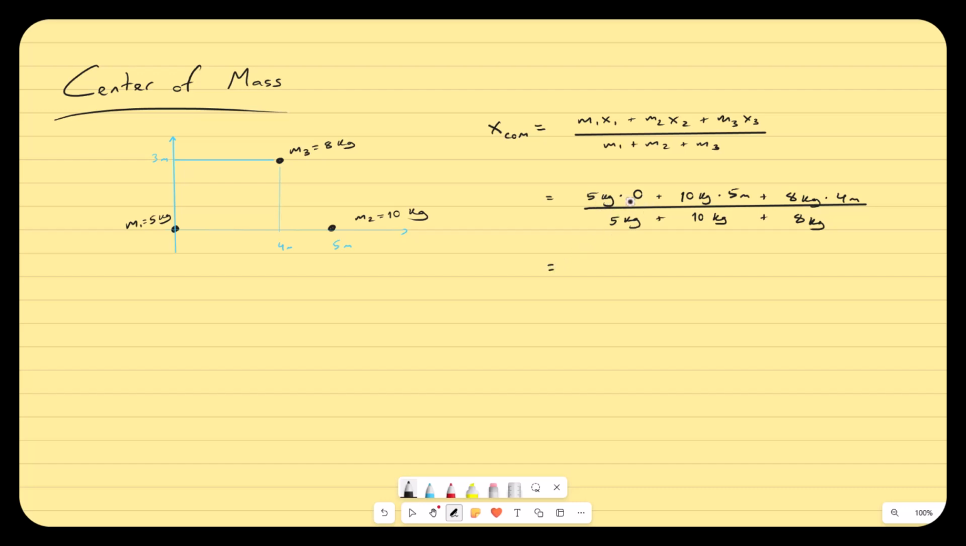On top I get 5 times 0 is 0, 10 times 5 that's 50, 8 times 4 is 32. So I'm going to get 82 kilogram meters on top. And on the bottom, 5 and 10 is 15, and 8 makes 23 kilograms on the bottom. When I do 82 divided by 23, I get 3.57,